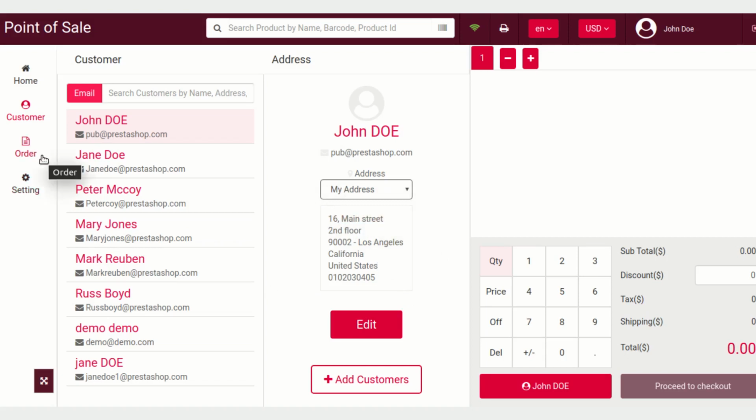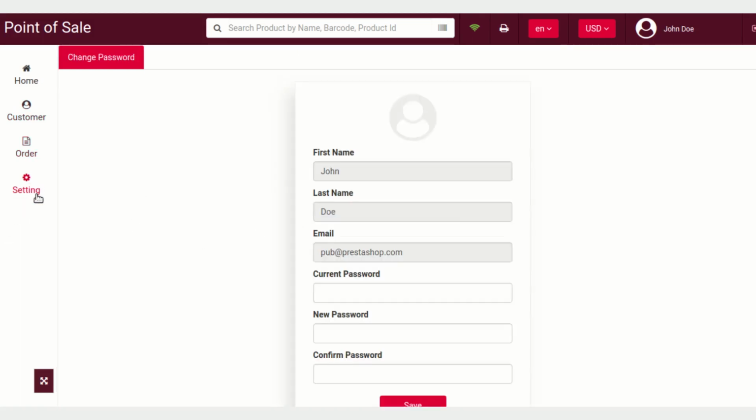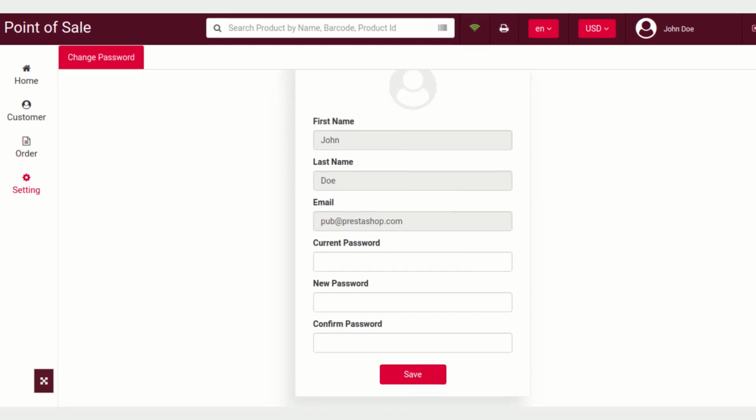Then the third section is of orders. As there have been no orders created on this POS yet, no orders are available here. Then the last section is about settings. This setting is about the POS employee. As you can see, we have accessed this POS terminal with the employee which has been created at the admin end.